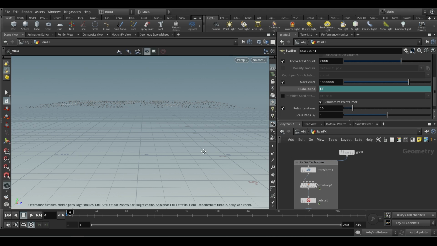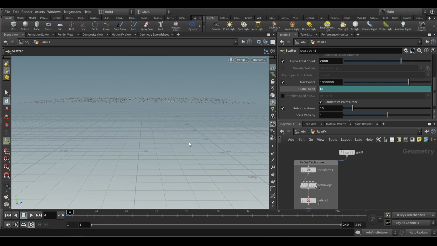In the snow, we gave the force or velocity in the dynamic level, in the pop level, by using pop wind and so on. But here in this rain, it's up to you. You can use the same technique, but I want to show you another technique, where we can bring the velocity in at the geometry level, and we can drive that.